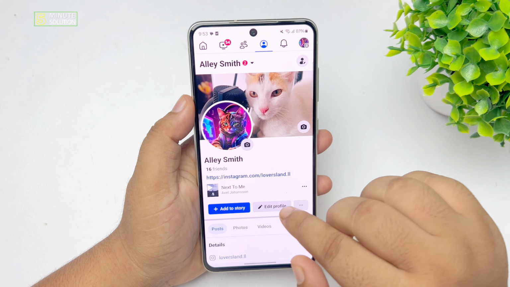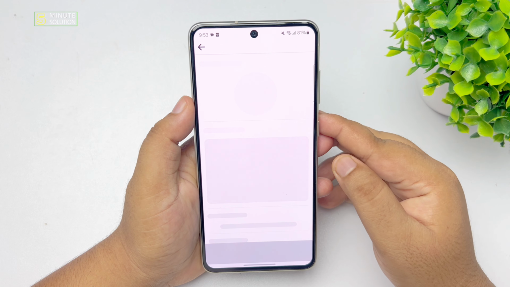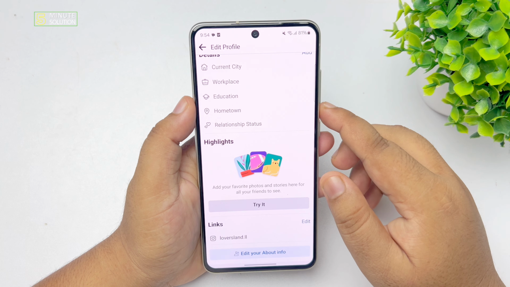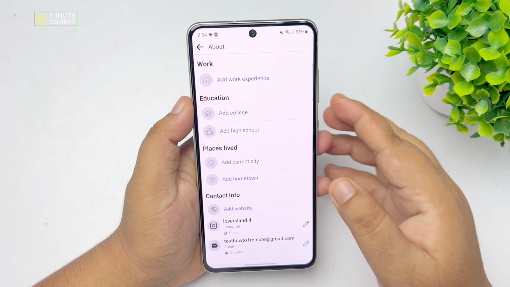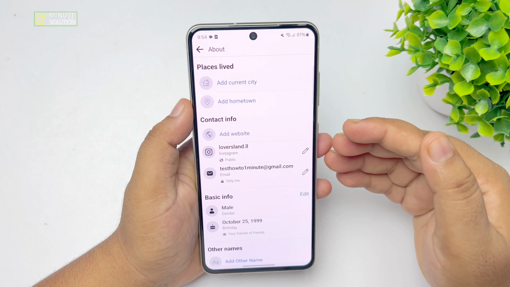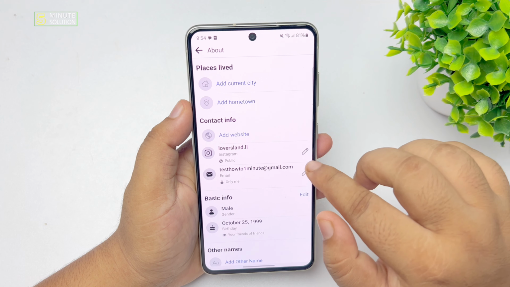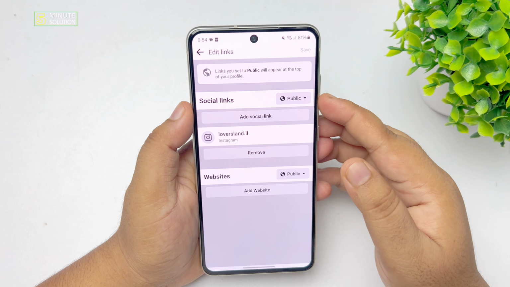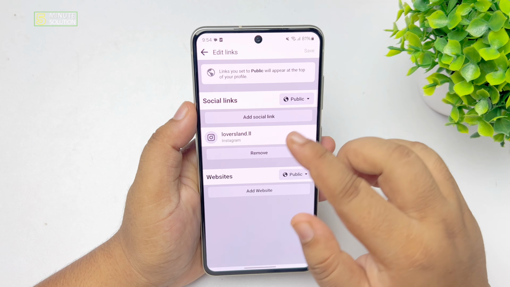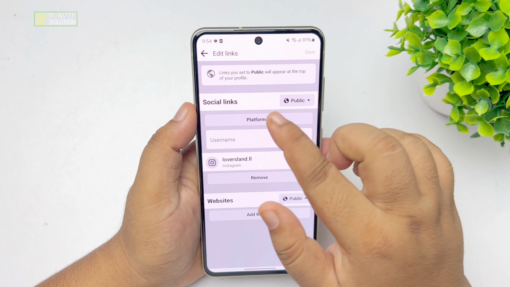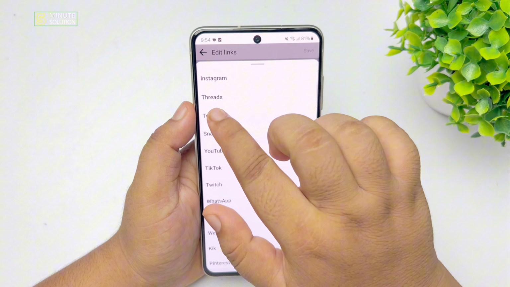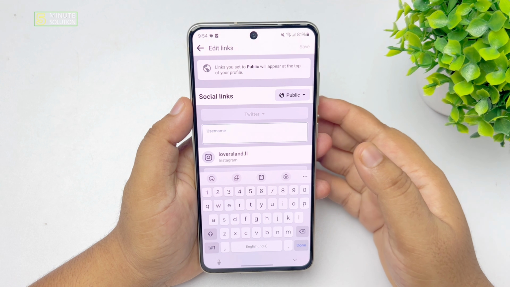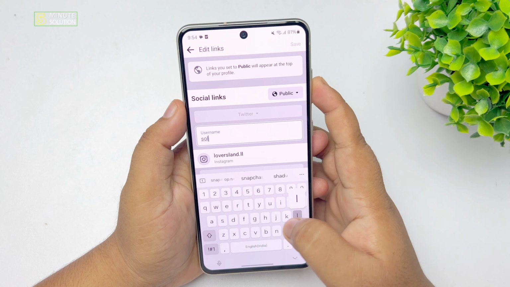Go to your Facebook profile, tap on edit profile, and here scroll down all the way to the bottom, tap on edit your about info, and here we have to edit our contact info, and here we can see social link section. Tap on add social link, tap on platform, select Twitter. In this username box you have to type your Twitter account username